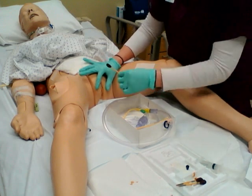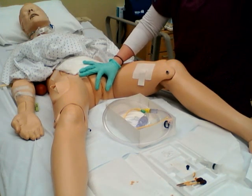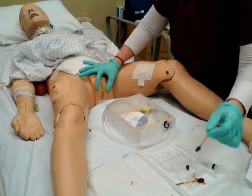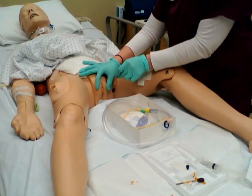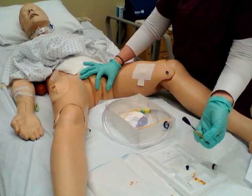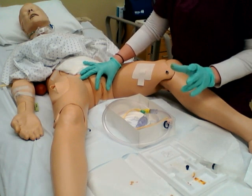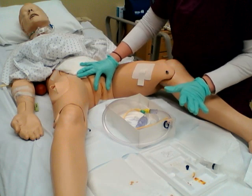Now, with your iodine, you want to go down one side, don't cross the sterile field, throw away. Take the second, go across the other side, don't go across the sterile field, throw away. And with the last, same thing, just going down the center. So now that your patient is completely clean,